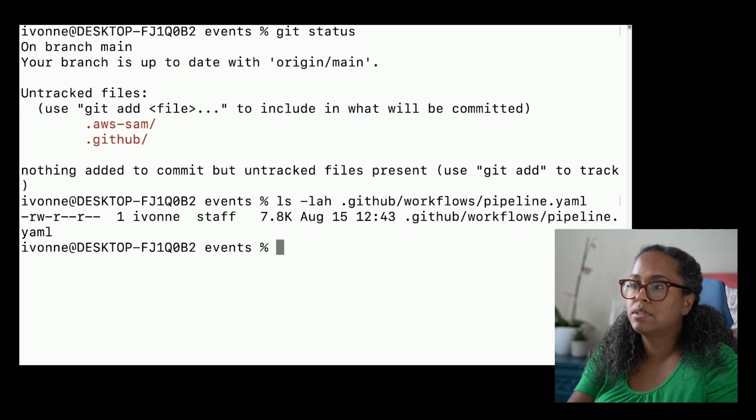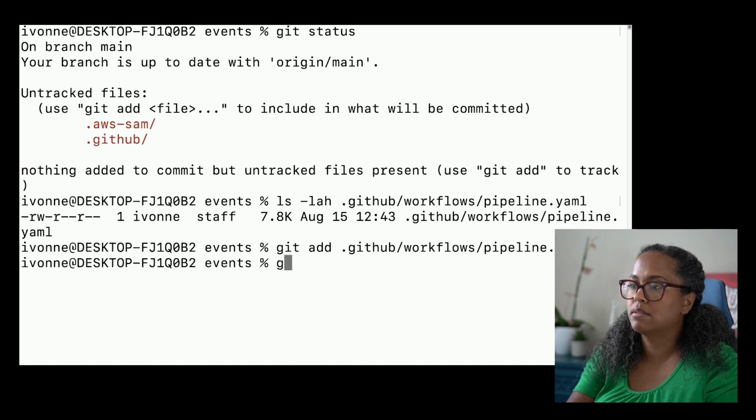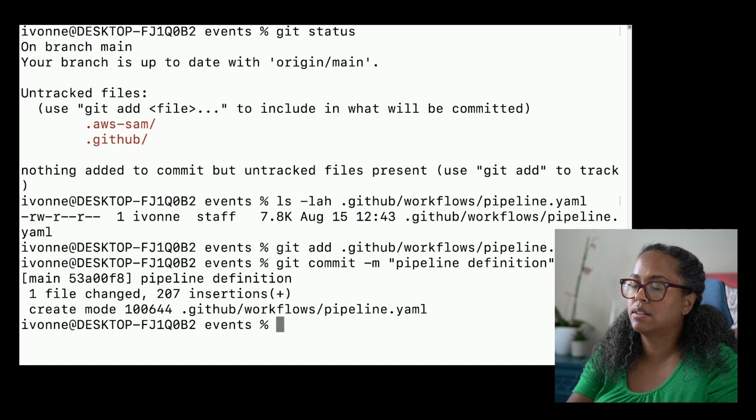So now all we have to do is add that file. So git add, and then GitHub workflows pipeline. And then let's commit it. So git commit, message, pipeline definition, and we're going to press enter. Now we're going to push